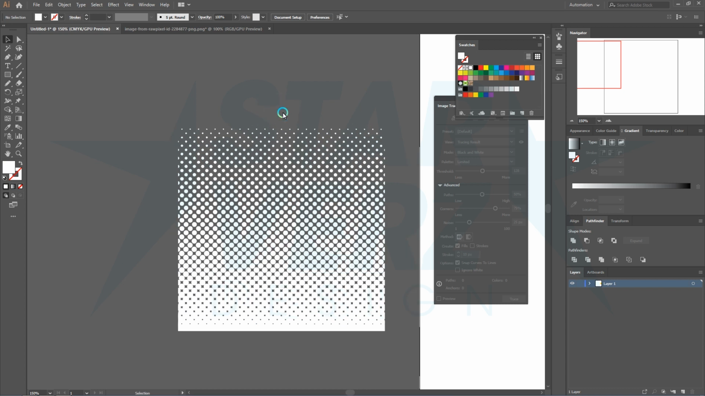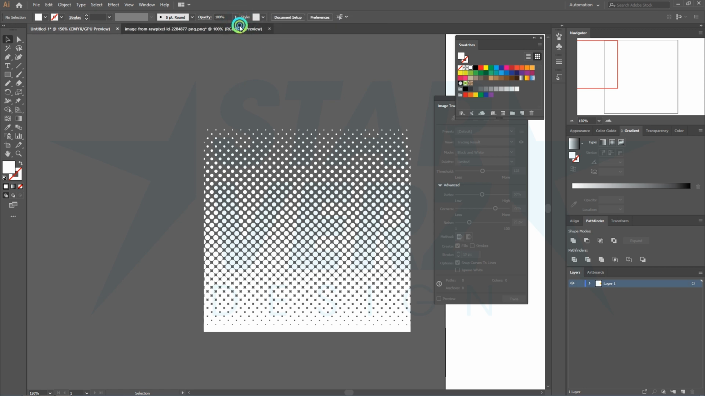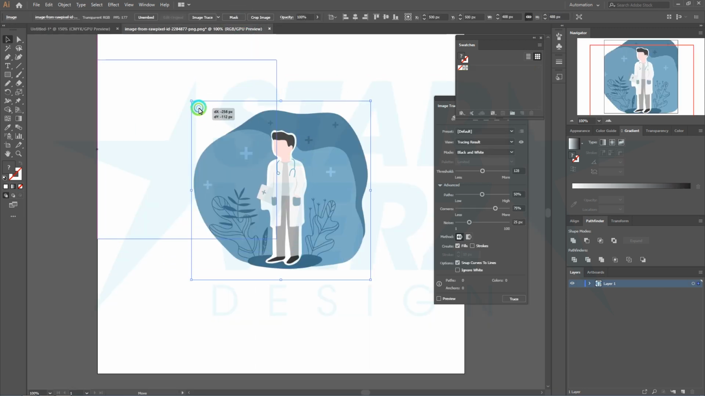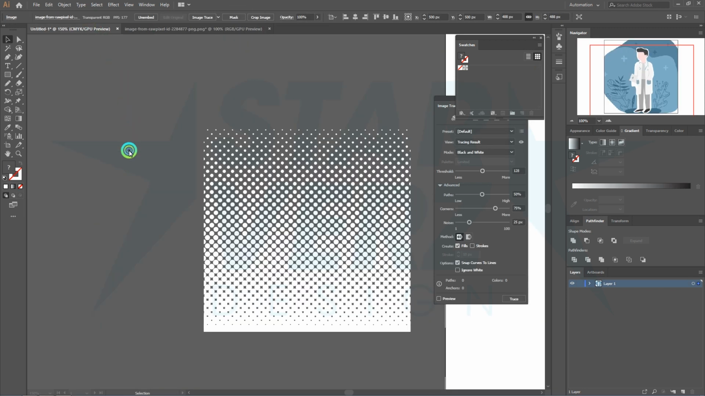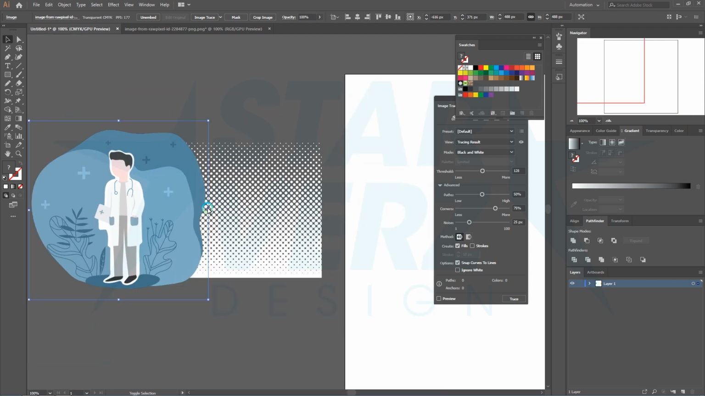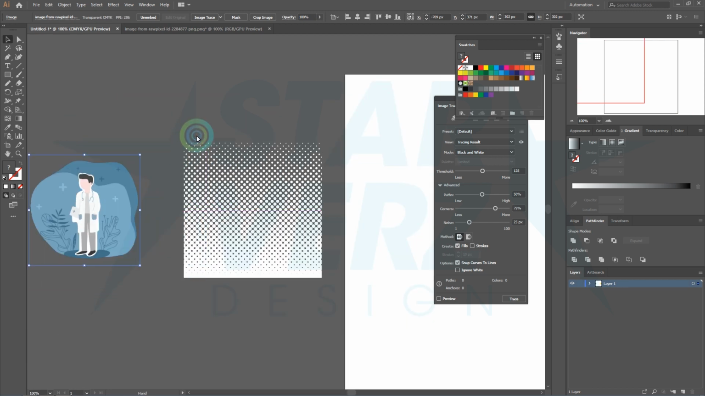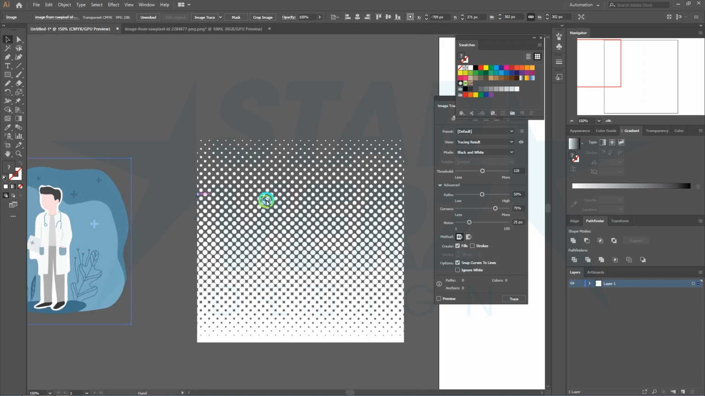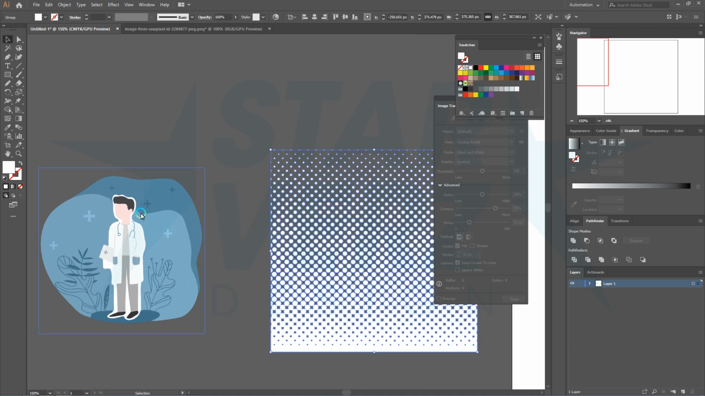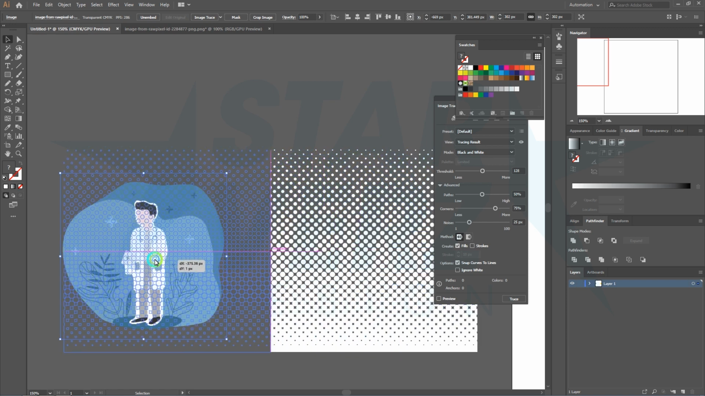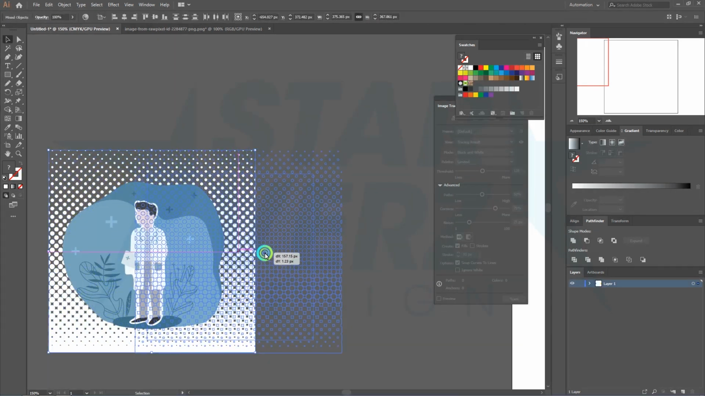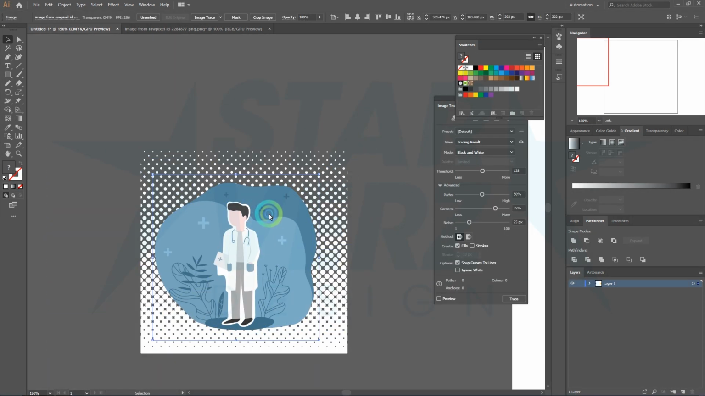Now I'm going to show you a bonus trick. Okay, we got our image here. I paste it here. Okay, I resize. If you want to clipping mask this image using the halftone, drag here, move the image,